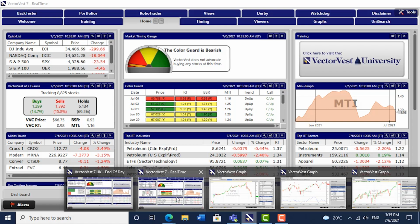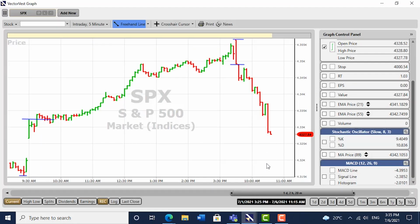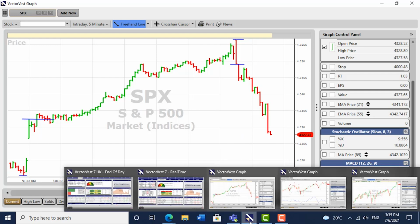and possibly add another couple of shares in the gold market during the course of the week. Not a day to be in the market at all unless something changes, and it can change very quickly in the American market. Just remember, the underlying trend is strongly up, but you get very lucky when you just follow what the color guard tells you to do. And again, we go to the market. It's off what, 20 or 30 points, hardly anything, but it's now getting down below Friday's open, and if we go back to the